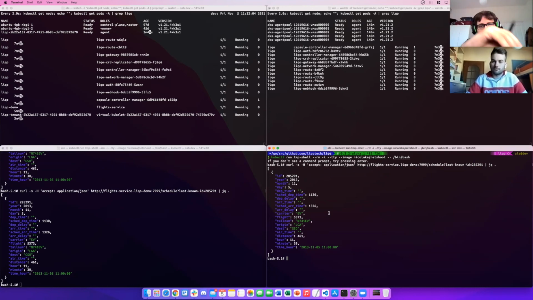All the traffic will be transmitted using the VPN established at peering time. So there is nothing exposed by the cluster in some other way. Lico established this secure channel between the clusters, which transmits all the traffic between them. So it's pretty easy, it's pretty common, and it's pretty transparent also, because one application can just use the very same address of the service, the very same URL of the service, and it will not notice that it is accessing a service which is somewhere else in another cluster.